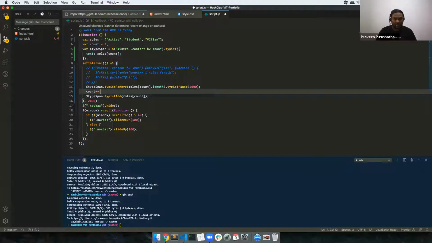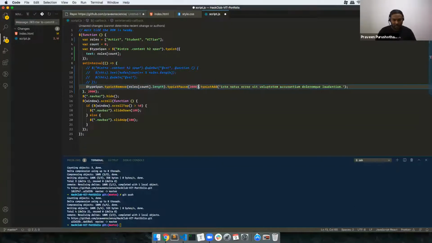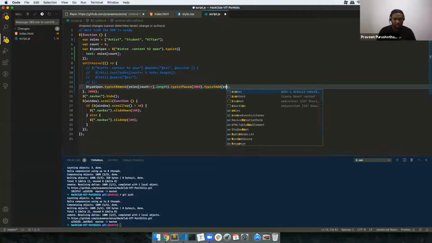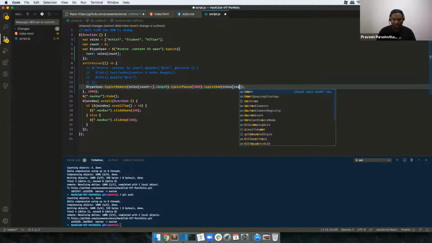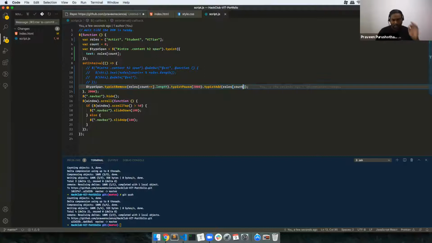Because the count is already added, I can actually do something else. Instead of doing this in a different way, I'll just put roles of count plus plus, so that count gets incremented, and then I can just do roles of count. I don't know whether this works, but let's try.